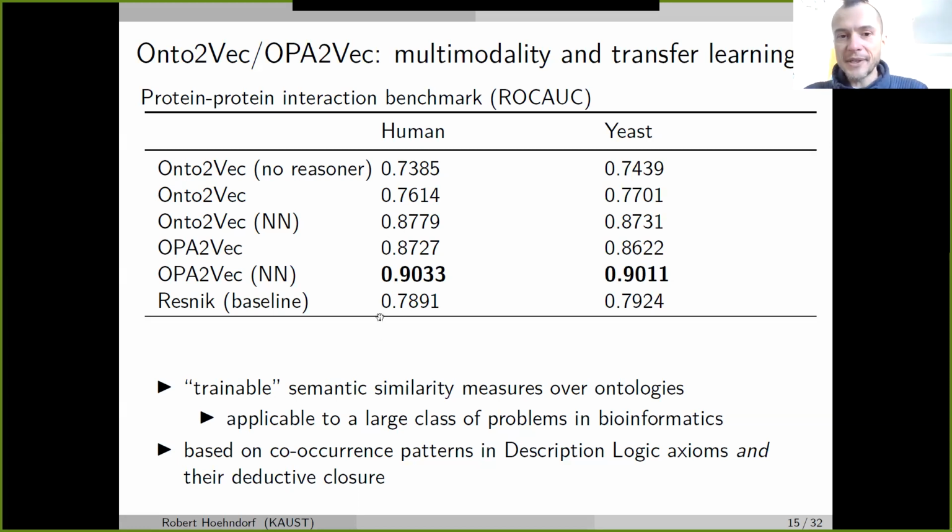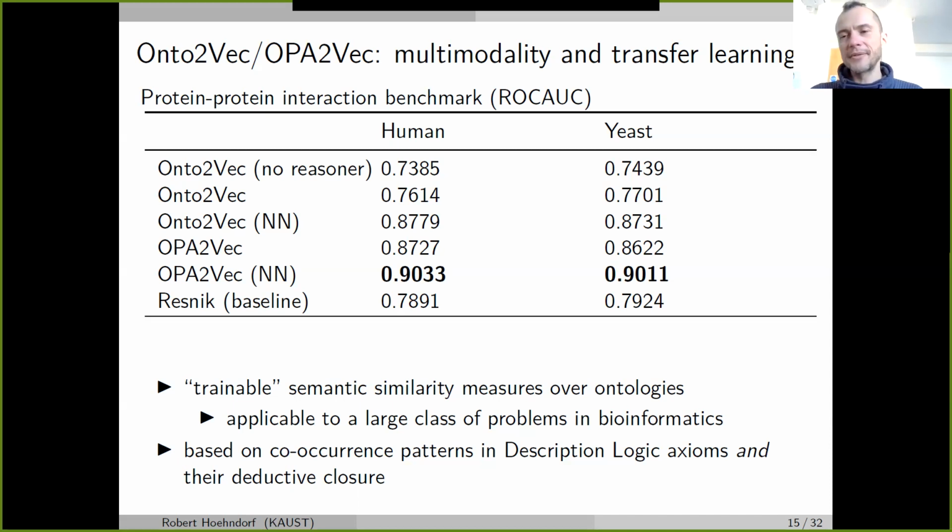But the results of Resnik are essentially identical for this. So then we did this in a supervised way where we could improve this, and then OPA2Vec just using cosine similarity. So this is something I have to say: there's no neural network there, so it's not supervised, we just used cosine similarity. But just using text, even just using this language model with cosine similarity, we could improve over our baseline. And then using a neural network to train this worked very well. Now,